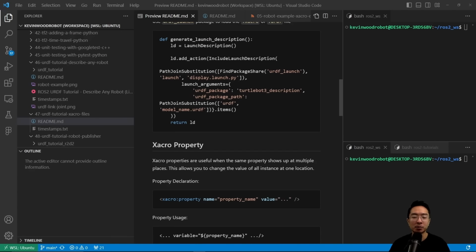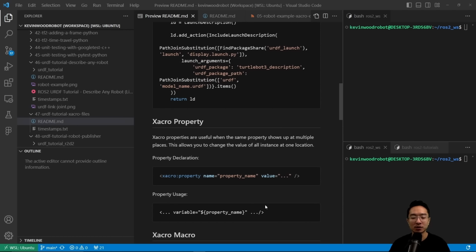So let's talk about Xacro properties. Xacro properties are useful when the same property shows up at multiple places. This lets you change the value of all instances at one location instead of having to modify it in all the places individually. The way to declare a property is to have xacro:property, and then name equals the property name, and then value equals some value that you set. To actually use a property, you would put it somewhere inside of your code where you say variable equals, and then using the dollar symbol followed by curly braces